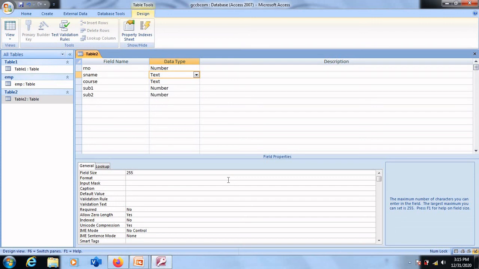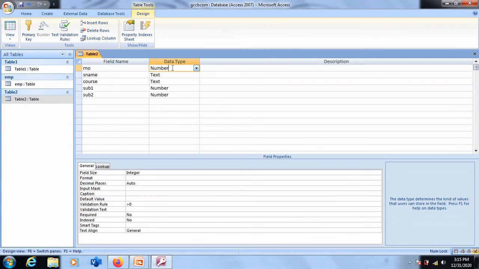And for numbers, the properties we have learnt are validation rule, decimal places, validation text, and required. So these are the common properties that we have learnt. Some more properties we'll learn as we progress.